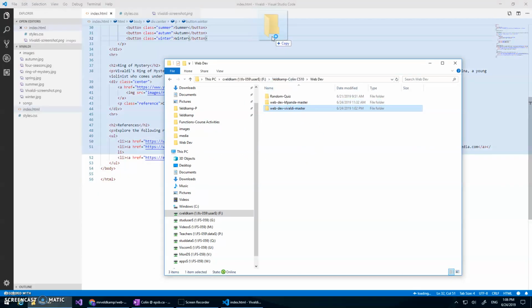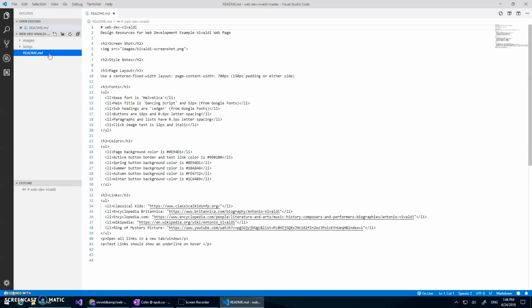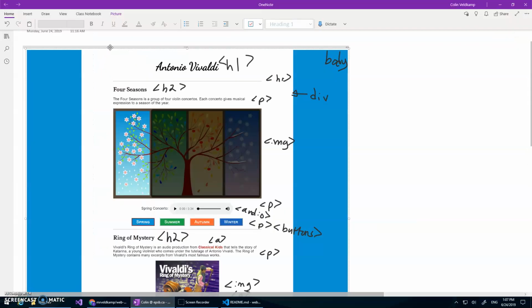And we can drag this into the open spot, and that should open it up as a new project folder. There's the README in here. Maybe we should do a quick little read through of the style notes. Page layout is centered, fixed width layout, right? 700 pixels with 150 pixels on either side. That is probably, 700 pixels, 150 on either side, and it should be centered, right, with that margin